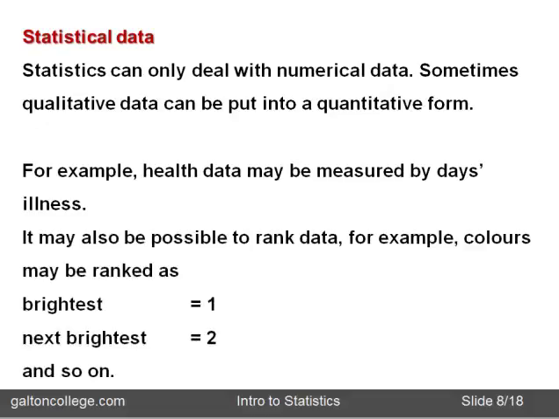And as I said earlier, we can assess sometimes situations which are not normally amenable to numerical analysis. So we could ask, what is the brightest light bulb? What, in your opinion, is the brightest light bulb here? And the brightest one gets 1, the next brightest gets 2, the third brightest gets 3, and we can work out which bulb is the brightest in the opinions of the people making the decision, making the assessment. So it is possible, but as I said earlier, full of issues and problems.